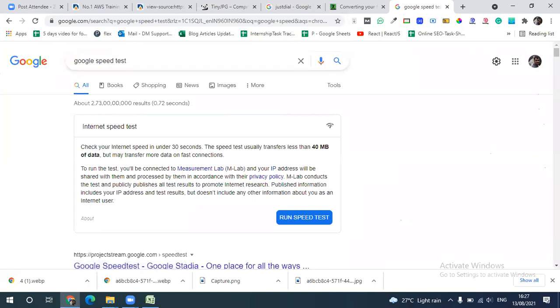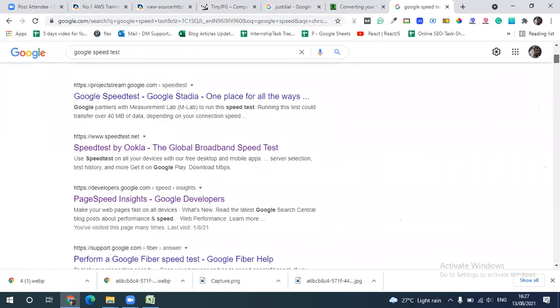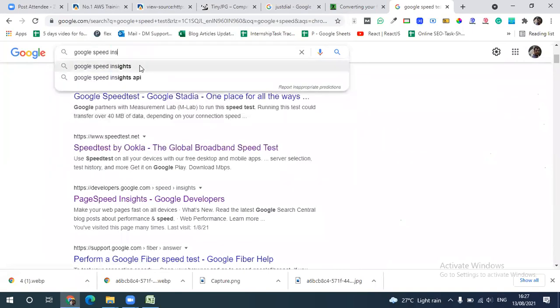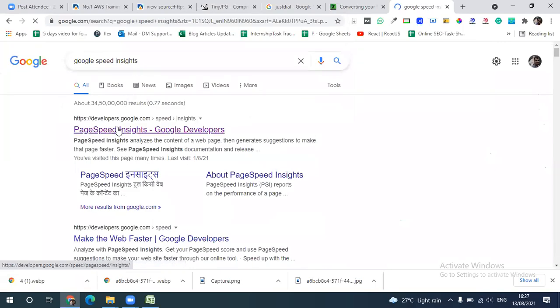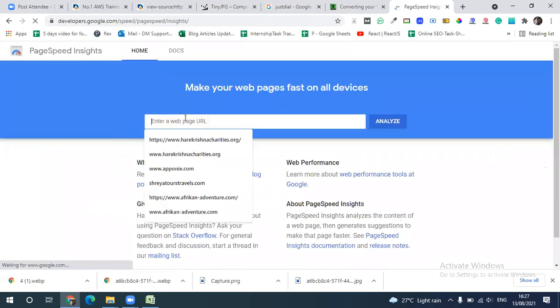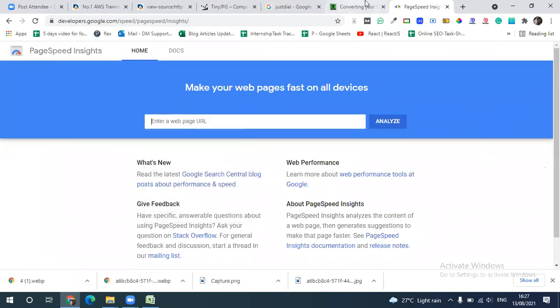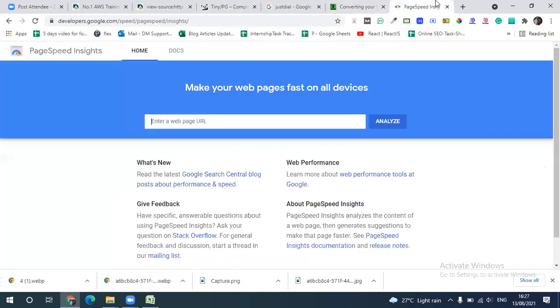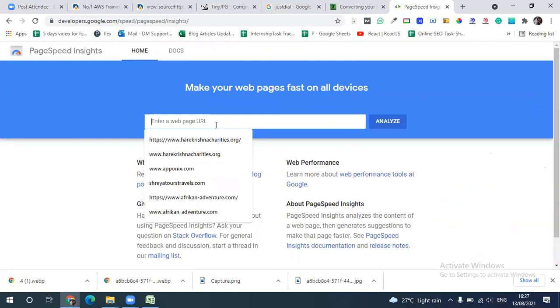Okay, there are many tools, but you can use Google PageSpeed Insights. Here, what this tool does is check the website performance, what the loading time is and so on.